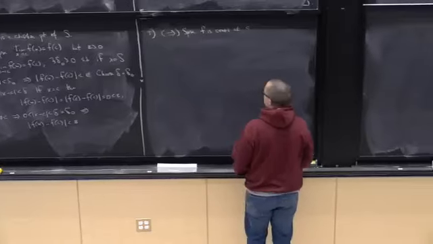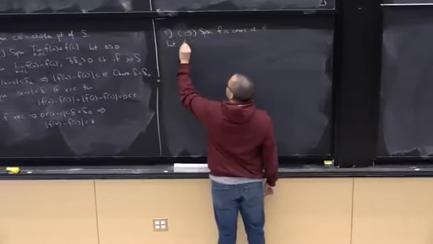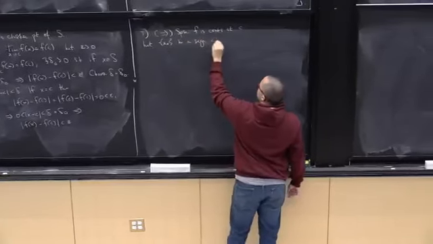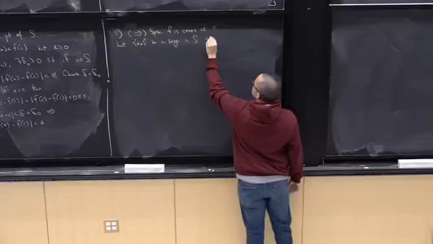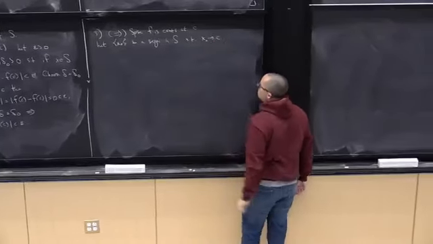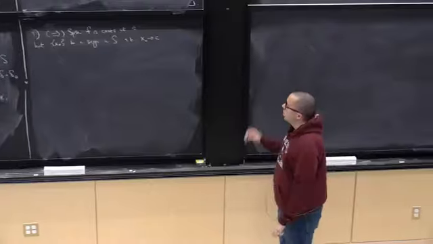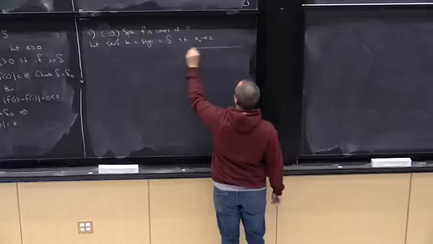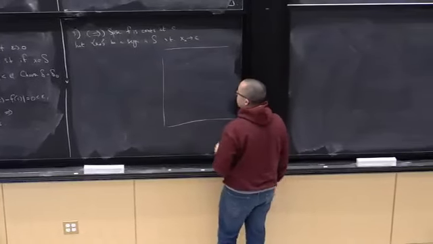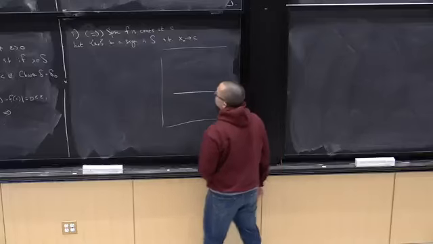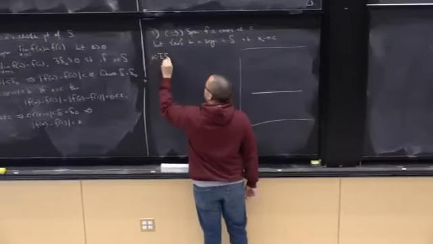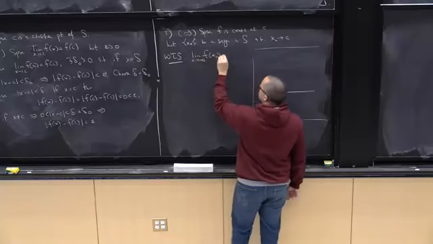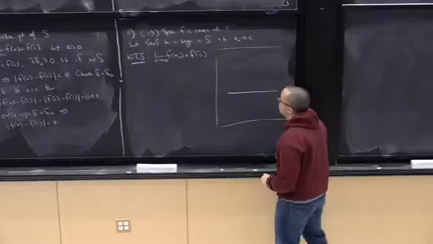So let x sub n be a sequence in S, so of elements of S, such that x sub n converges to c. Okay? Now, I drew this picture for limits, and it's the same picture now for this. And we're wanting to show now that the limit as n goes to infinity of f of x sub n equals f of c.